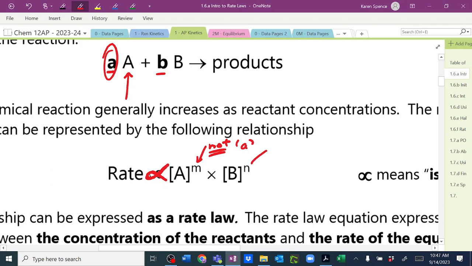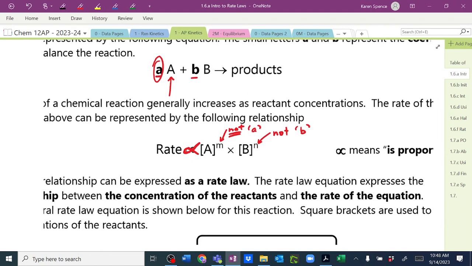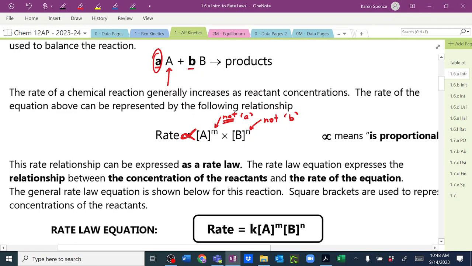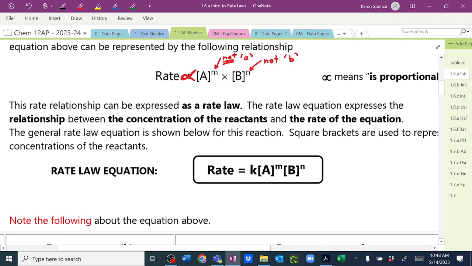Okay? And n is not little b. The only way that we can figure out the exponents is to do experiments. Okay? So m and n, those exponents, are determined experimentally. Actually, it's not the only way, but it's one of the only ways. So for any reaction,